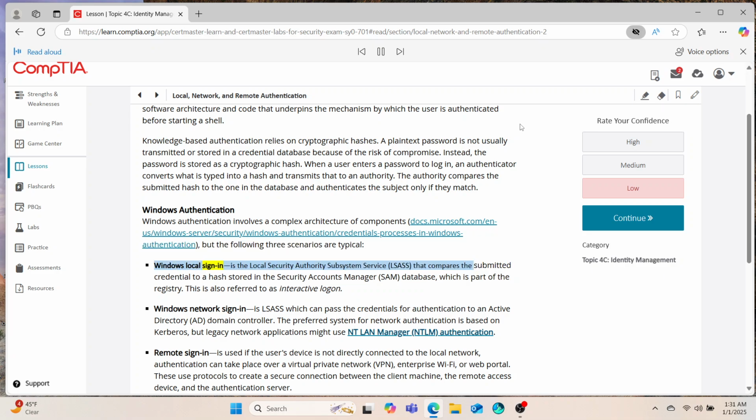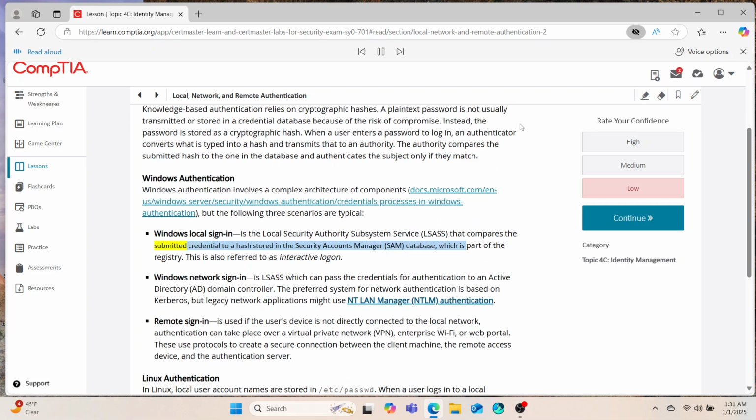Windows Local Sign-In is the Local Security Authority Subsystem Service, LSASS, that compares the submitted credential to